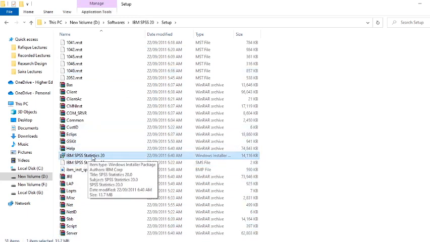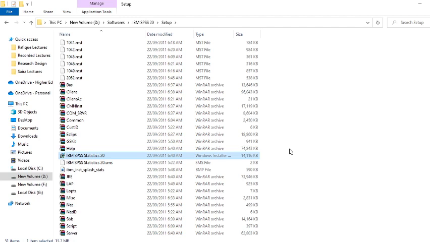You will double click here, start it, and press next, the same as when you install games. You will press next, like that.